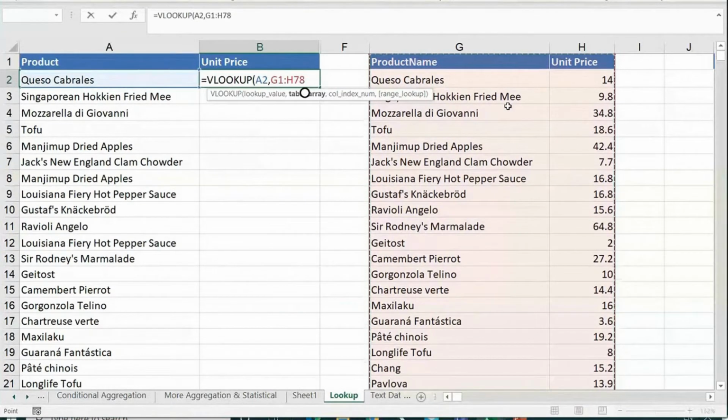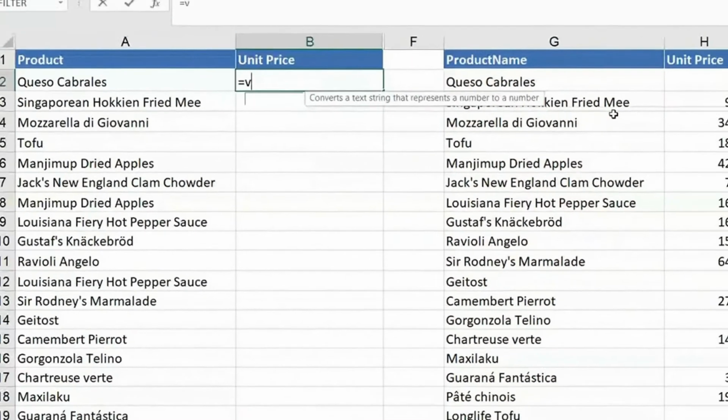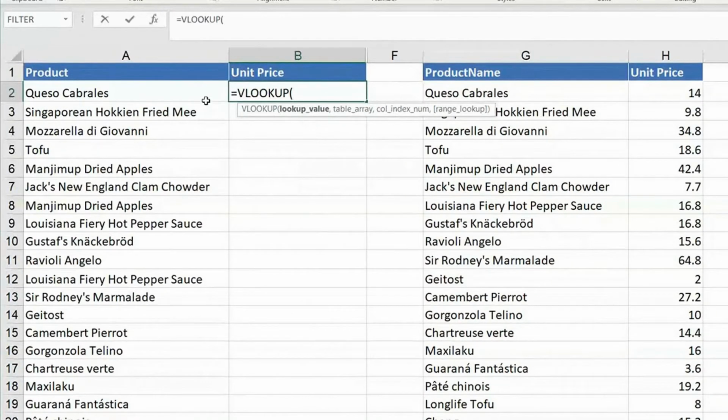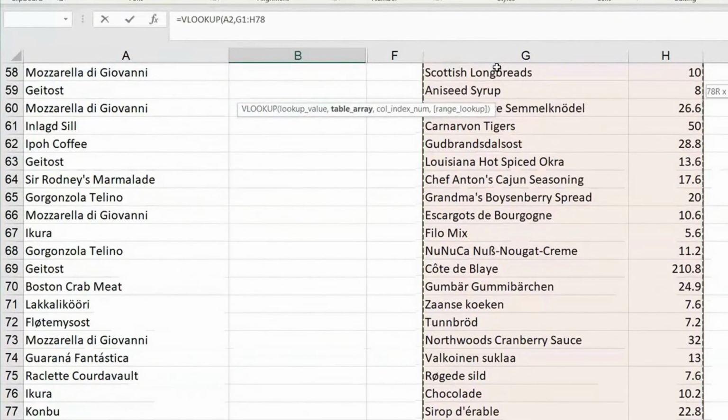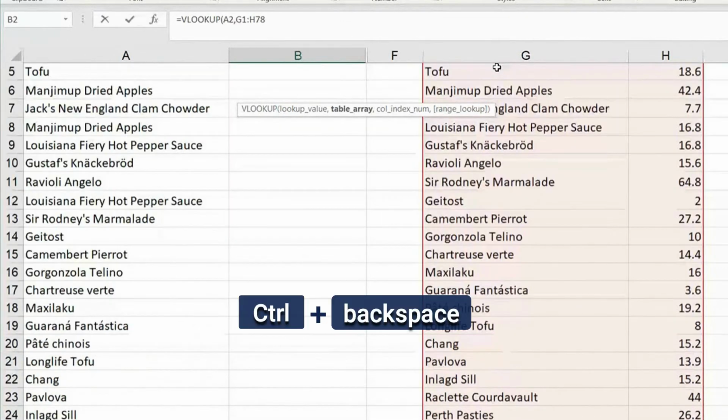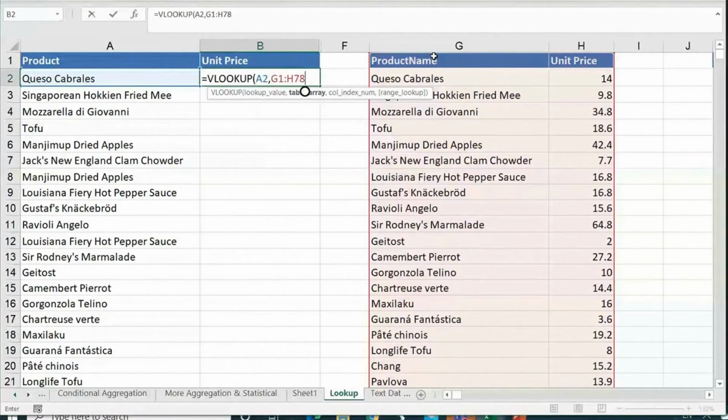I'm back to where I am. Look at this, I'll repeat it. Equals VLOOKUP. Not only in VLOOKUP, you can use it in any formula. VLOOKUP this, comma. I will pick the range. See, I am in F2 edit mode, so it's not allowing me. But now I'm going to do Control Backspace. Many a time we scroll up, down, left, right to go back to the formula. It is so irritating. But these kinds of shortcuts can really be time savers, and we'll be happy users in Excel.